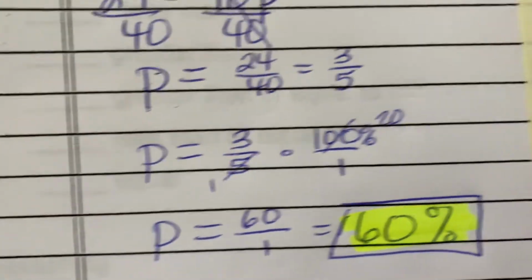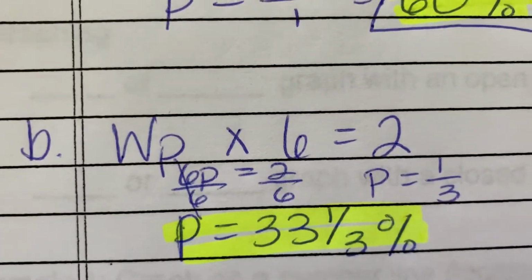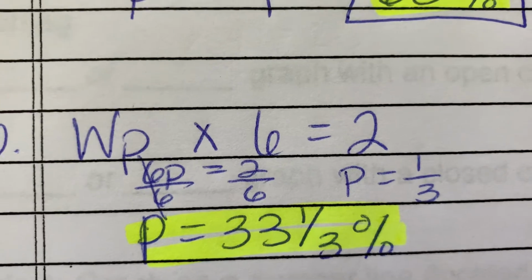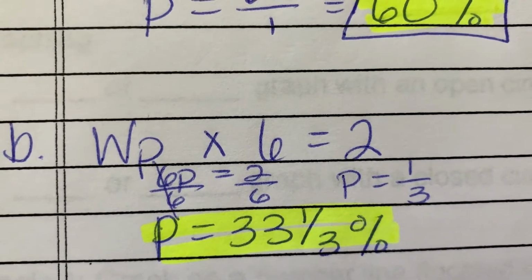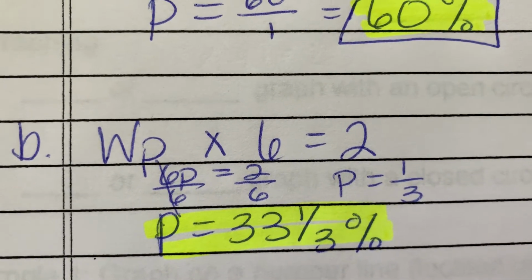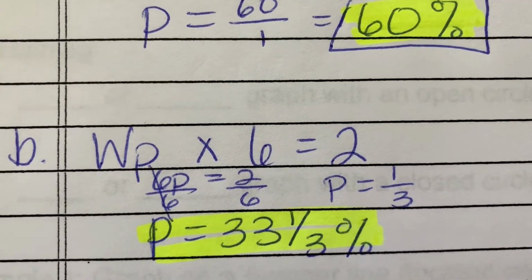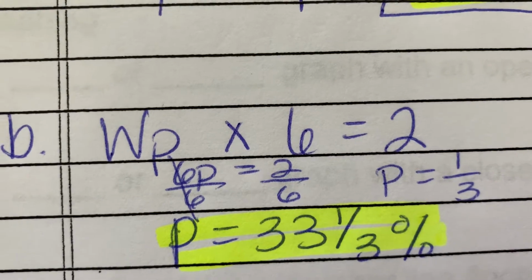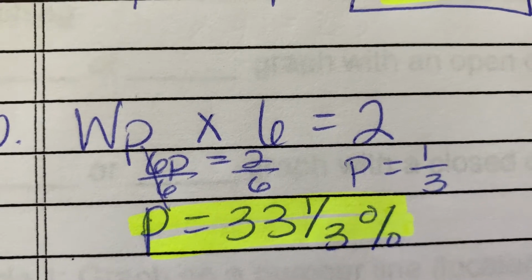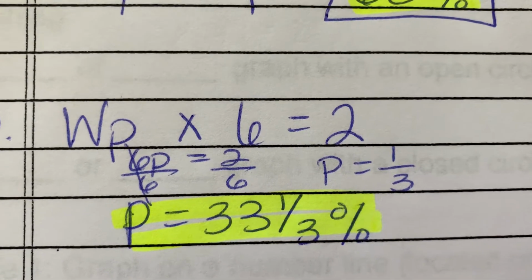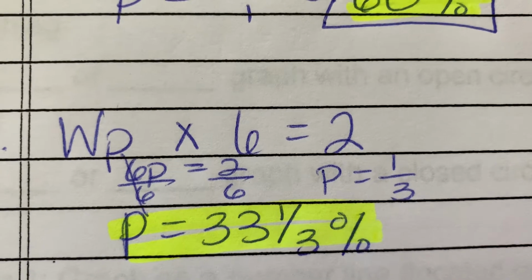Okay? All right, B, sorry, I got scrunched here on this one. What percent of 6 equals 2? And so I switched my variables around. I said 6p equals 2, divide by 6 on both sides, and I end up with p equals 1/3, and I don't know why I don't have my work down there,